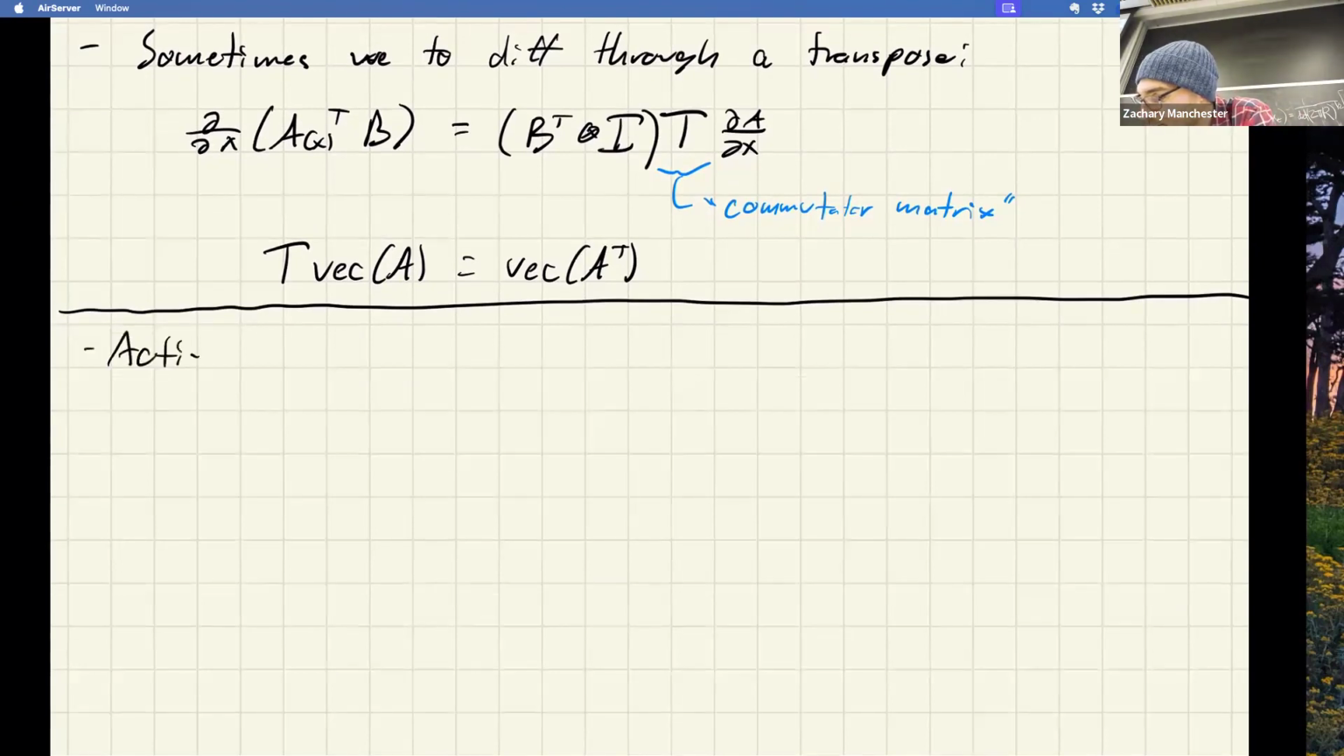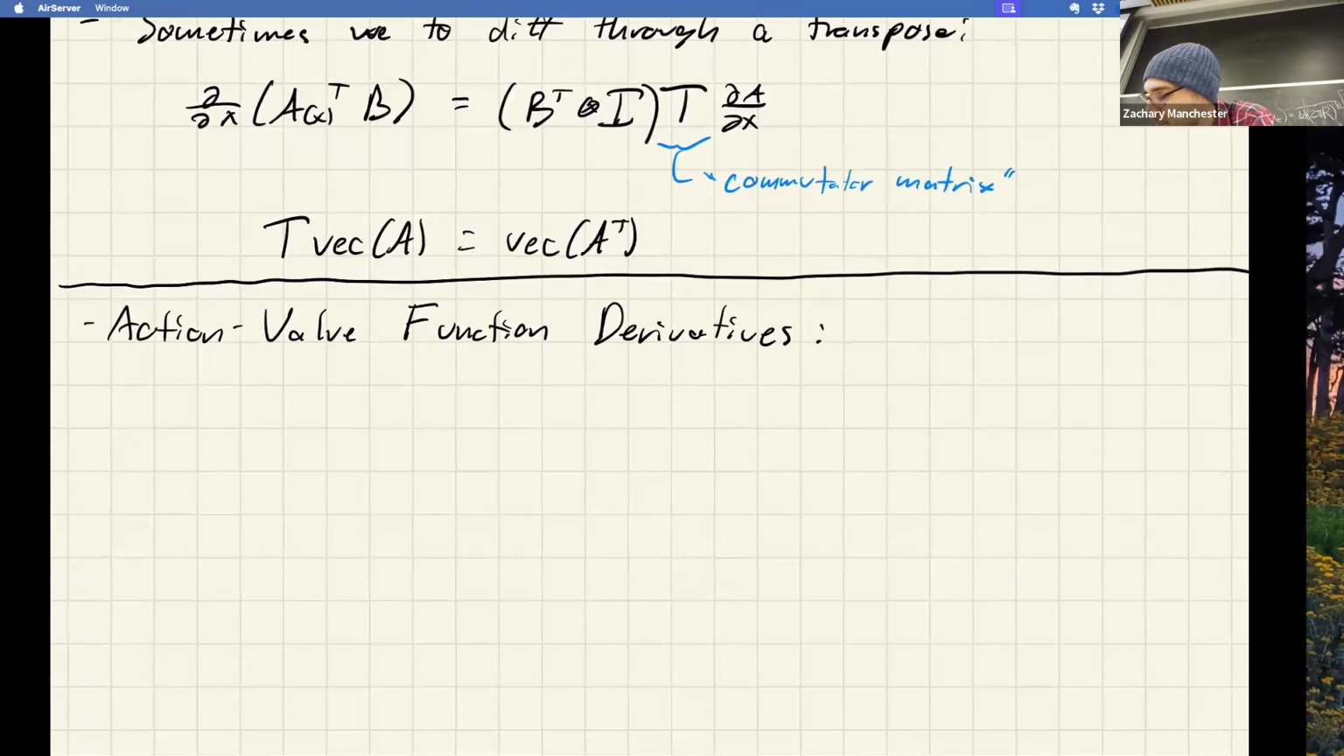Okay, so action value function derivatives. This is the last piece of the whole thing that we needed. And then I'm going to tell you a punchline at the end that might make you regret this whole thing, but here you go. So this is our